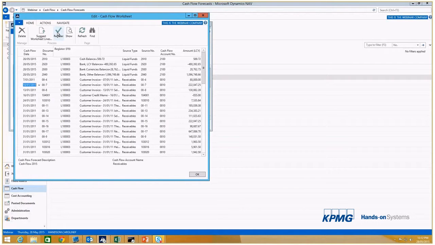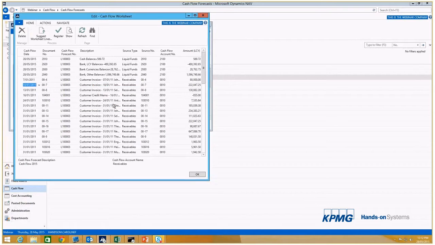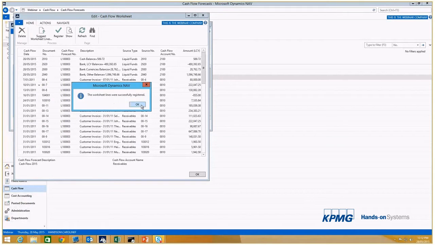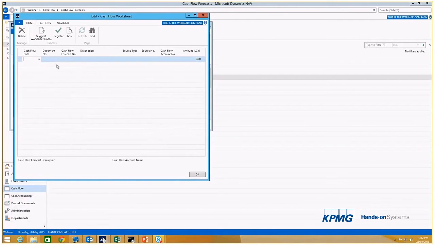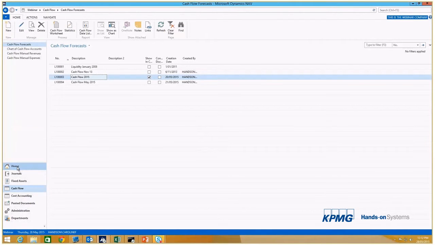Now, when I say register, I can come in here and apply those entries. So I simply say register, and it asks me again, like NAV does. It gives me a confirmation to double check that I really want to do this, and I say yes. It goes through and says that my worksheet lines are successfully registered. I say okay, so they disappear from my worksheet, which is fine. I close my window here, and what I want to do is click on this Show in Chart on Role Center. So if I click that there, and I say okay, and I go back to my home Role Center,